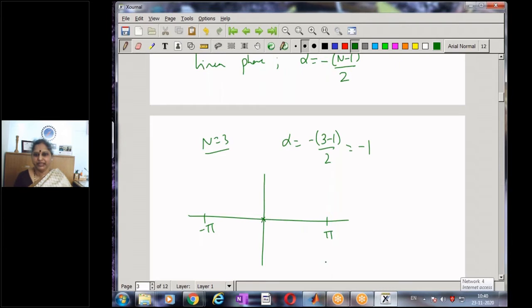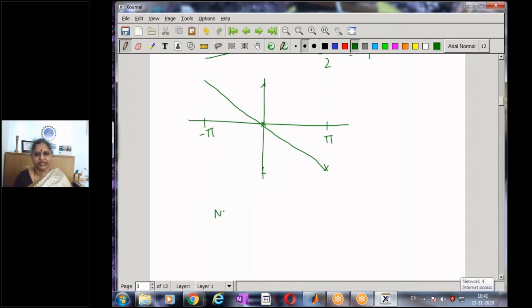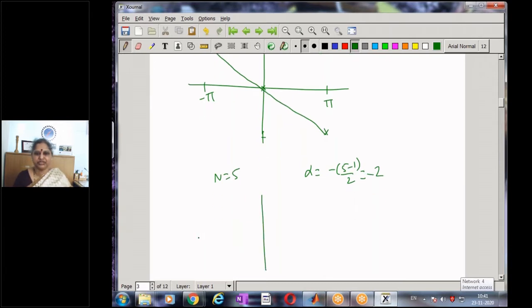So at pi it will be minus pi, at minus pi it will be plus 1. So this is going to be my phase response. If I consider an FIR filter of length 3, on the other hand, if my order n is say 5, then my slope is going to be minus (5 minus 1) by 2, and that is going to be minus 2. And hence, if I compute the phase response of this system from plus pi to minus pi,